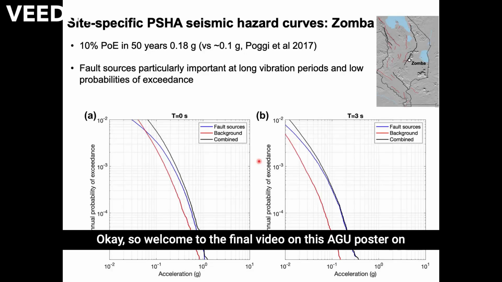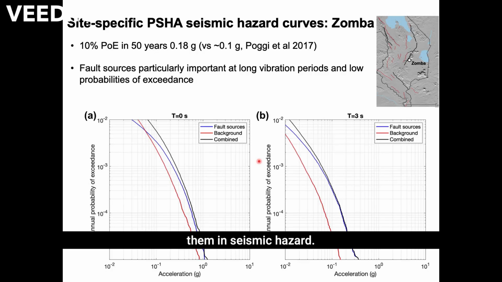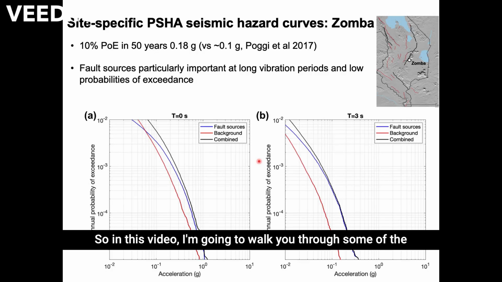Okay, so welcome to the final video on this AGU poster on infrequent earthquakes in Malawi and how we're addressing them in seismic hazard. In this video, I'm going to walk you through some of the results we have from a probabilistic seismic hazard assessment that we performed for Malawi that's considered three stochastic event catalogues that I discussed